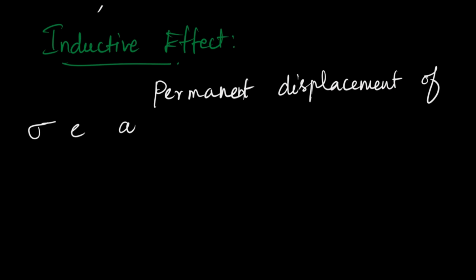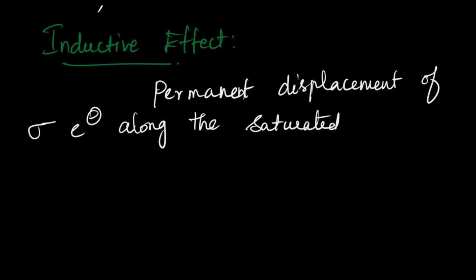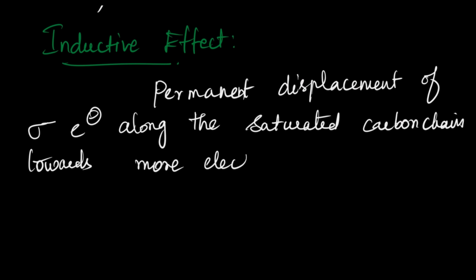Sigma electrons along the saturated carbon chain towards the more electronegative atom. Of course, it will go to the more electronegative atom, because electronegative means which directly refers to the attraction of